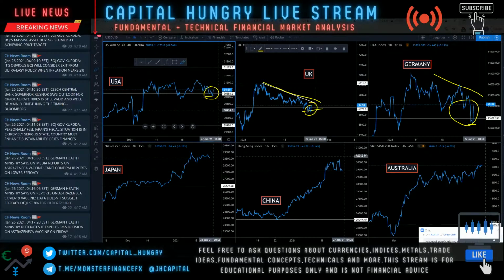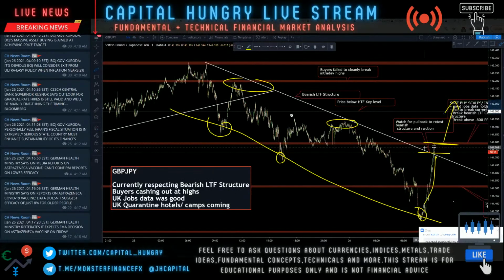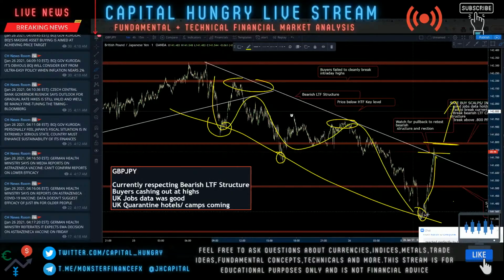So we can't ignore that markets are still fairly optimistic, and that the higher time frames are, of course, still very bullish on GJ. We were just playing this corrective bearish structure for the time being as the market moves in waves. You have these impulsive moves, corrective moves. It's what creates the market waves, that transaction between buyers and sellers, closing positions, exiting out of the market, entering the market, but from a very institutional perspective, not our orders. Our orders don't mean anything, but you get what I'm talking about.